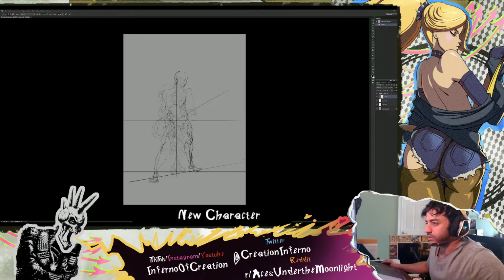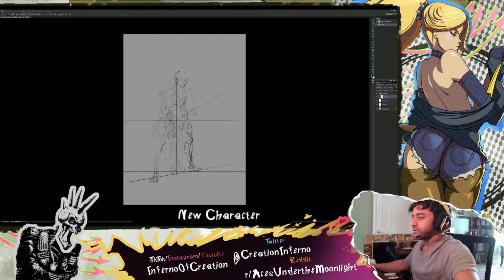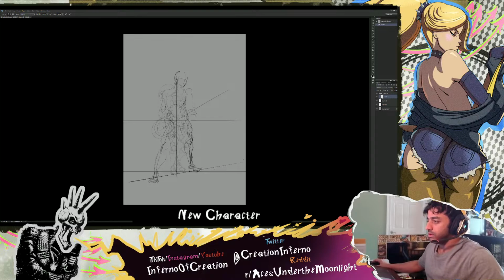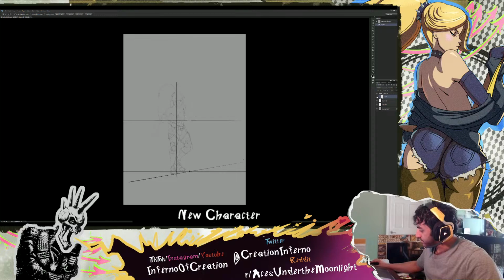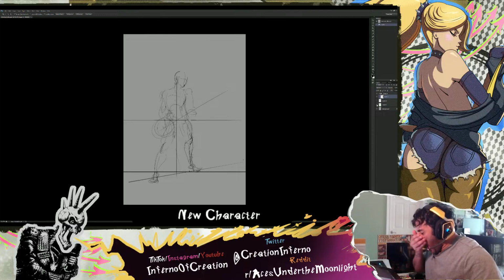All right, today I should start with, we are going to start implementing the new character in my game, Ace Under the Moonlight. This is an old idle thing, so I'm not going to use that. So what I'm going to do